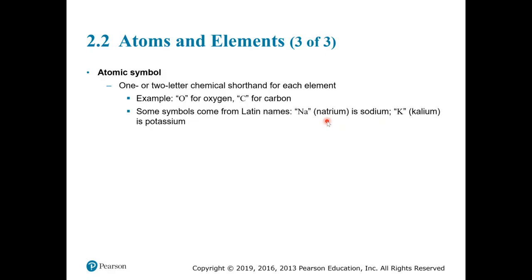Natrium. And so since salt is sodium chloride, sodium got named Na from the natrium from which it comes. And the same thing with potassium. There's no K in potassium. You see a K there? I don't. And it comes from kalium, the Greek word for potassium, which they used in making fire, whatnot, back in the